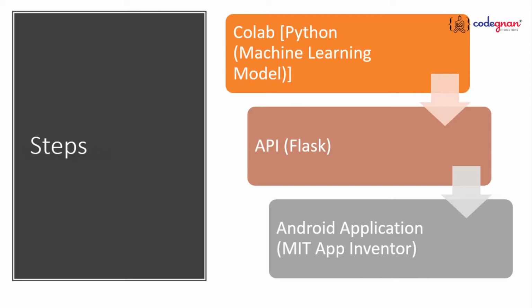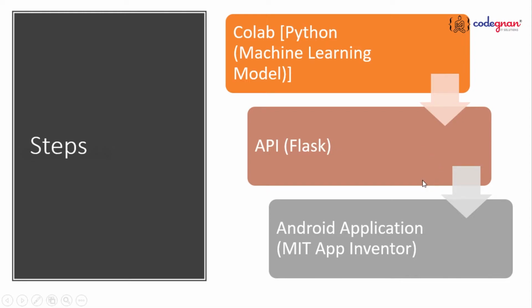Next, we'll be building an API for that. Whatever output we have seen in the Collaboratory, we can also see the same output in the public URL where I use ngrok. That's where I build an API with the help of Flask. So simple. My steps include first building a machine learning model with the help of a prediction function. I can see the output in the public URL with the help of the tunneling server ngrok.